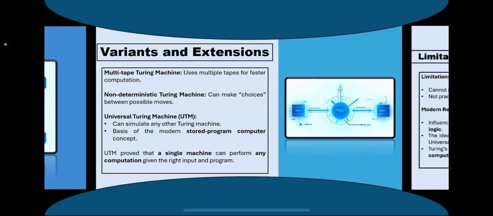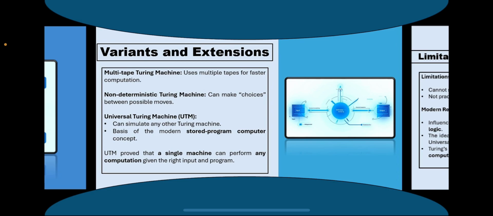The variants and extensions. There are several variants. Number one, multi-tape Turing machine. It uses multiple tapes for faster computation rate. Number two, a non-deterministic Turing machine. This Turing machine basically has choices between moves, which makes it possible for it to explore paths simultaneously,